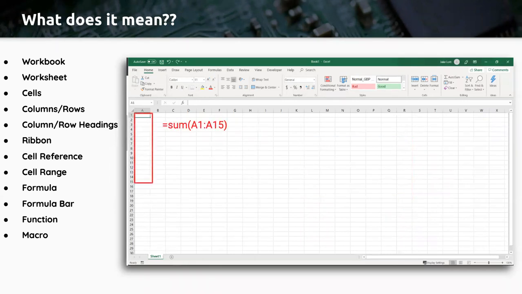So a formula is going to be an equation, and again, we're not going to get into every possible formula in this webinar, but just as an understanding that if you're going to enter a formula into a cell, it always starts with an equal sign, and it will start to register different formulas for you there. But you can see there I've got a cell range that it's going to add up, A1 through A15. So it's just a combination of using all these different pieces of terminology here.